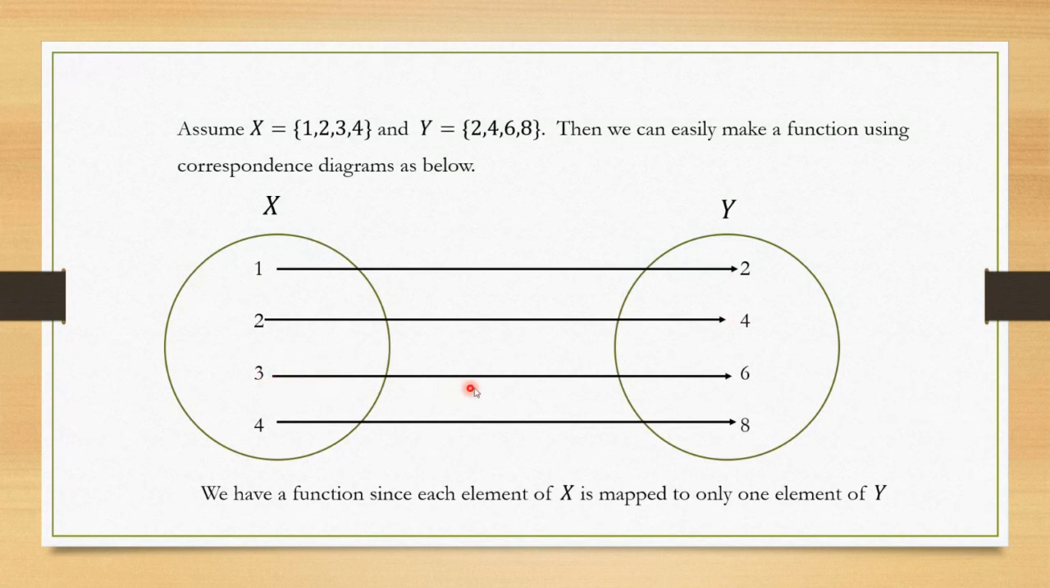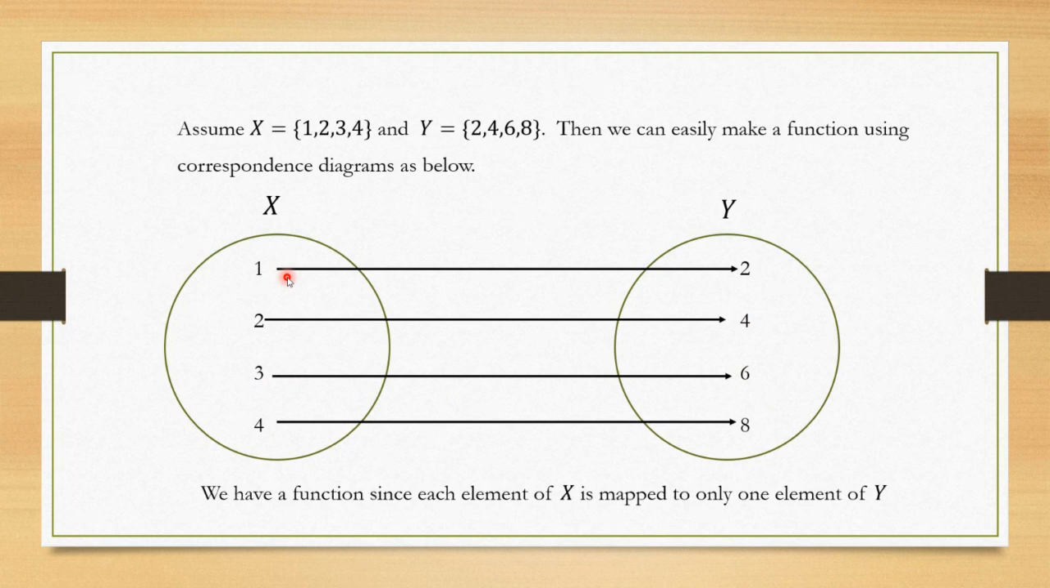3 is input into the function. It goes in, like that assembly line image I gave. 3 goes in. 6 comes out. Right? 3 goes into that assembly line. The function is doing all this crazy stuff in the background, and it's giving you back 6. That's our output. 4 is the input. That goes in. 8 is the output. And we have a function here. Notice, we actually do have a function mainly because you have only one arrow coming out of each element